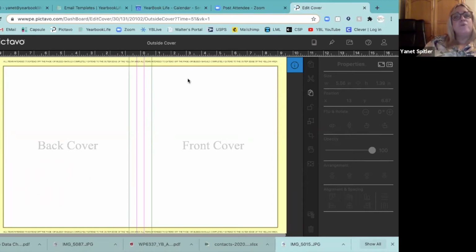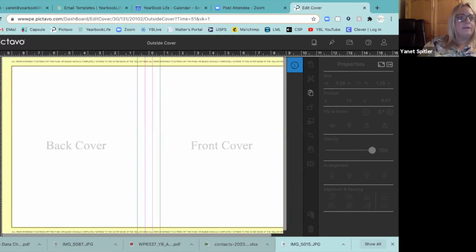So if you want it to cover your entire page or your entire front cover, make sure that the art is at 8.5 by 11 or 9 by 12, depending on your book size. Otherwise, if you scan it smaller and then stretch it, you lose resolution, and you definitely don't want to do that, especially on your cover. So let's go ahead and